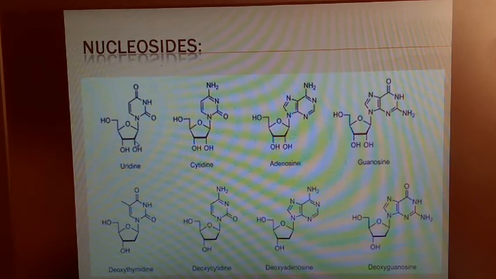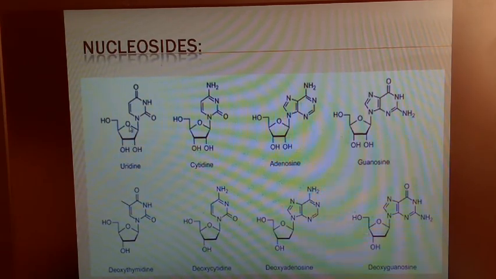You can observe here, on the second carbon we have an OH. That means that it is ribose. Here, this entire line of structures, on the second carbon no OH, that is nothing but deoxy. So what is the difference? How to differentiate these things? You can make out uridine is nothing but the base uracil is present. Cytidine is nothing but the base is cytosine. Likewise adenine. Here the base is guanine.